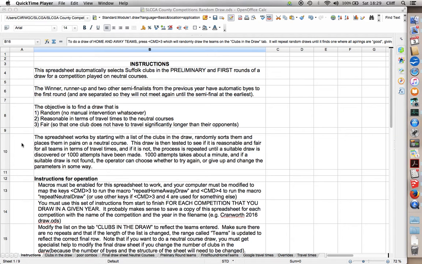Hello, this is a very brief video to explain how this spreadsheet that helps you do a random draw for golf clubs playing at a neutral venue works. So the spreadsheet has a number of worksheets that you can see down the bottom here, the first of which